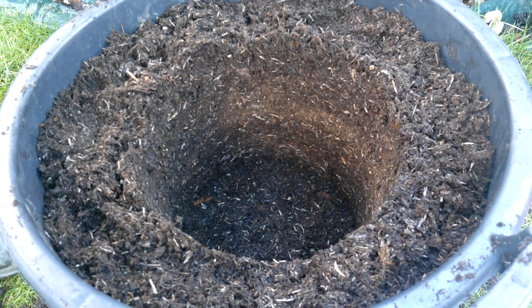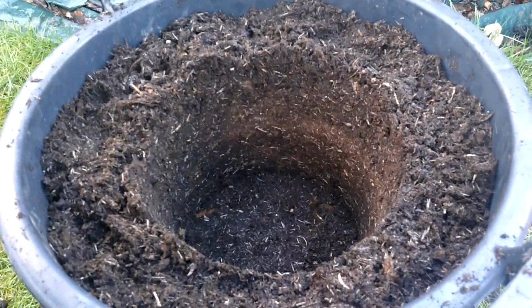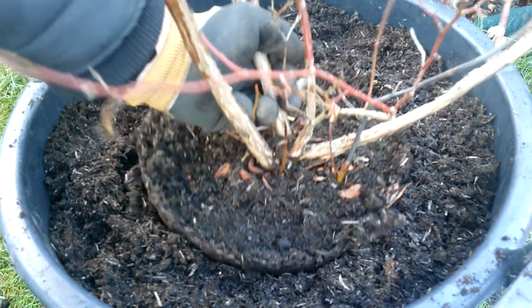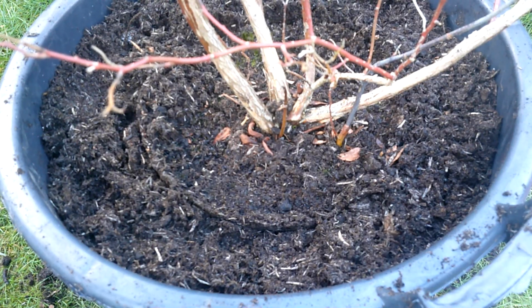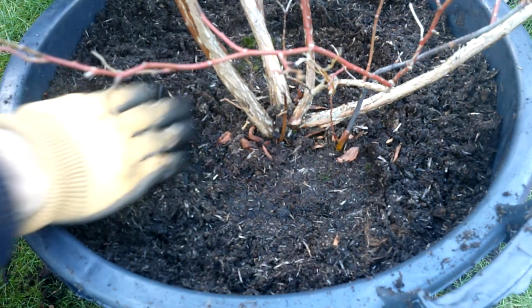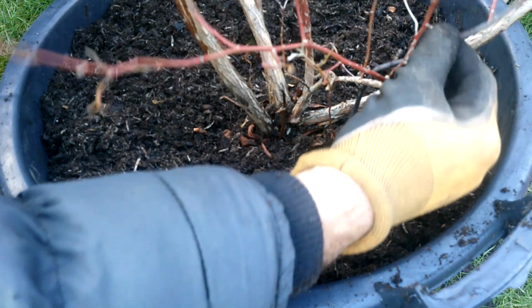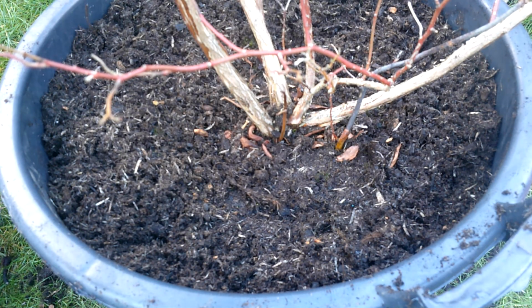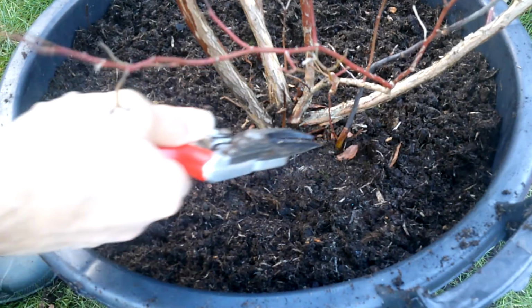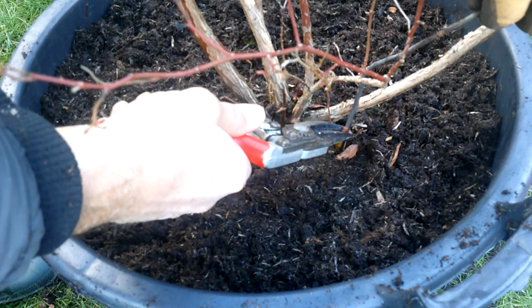Now we'll just pop it out the bucket. And then hopefully it should just sit in there. Lovely jubbly. Nice. Looks like there's a little bit of dead wood there. Might just prune that out. It's not uber important, but might as well do it while I'm here. The bit below looks live, so if I cut it just below it